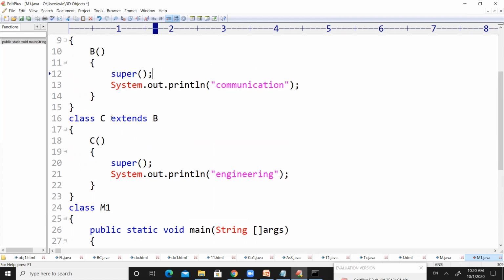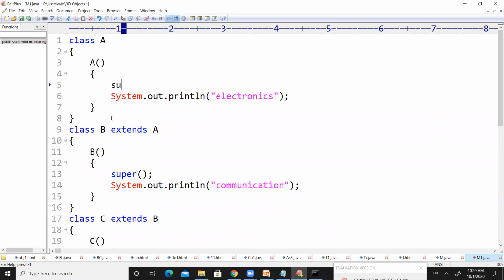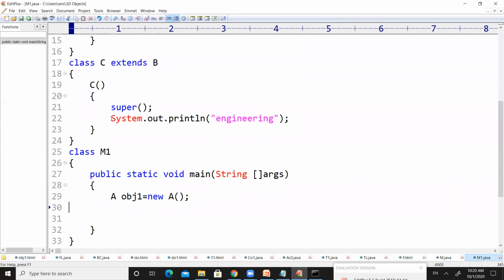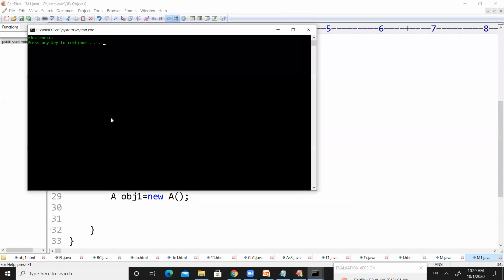I am going to add the super keyword here also. Now let us compile it and run it. So there is no change here. Why is there no change? There is no superclass for class A. That's why we don't get any change here.